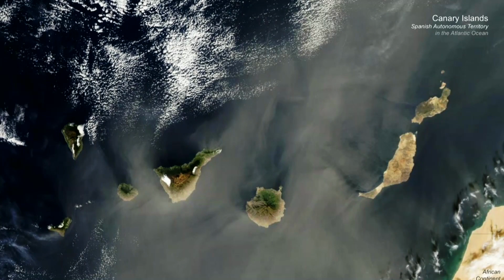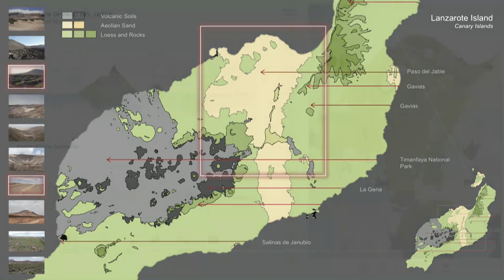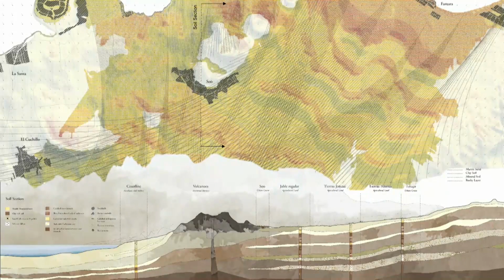And now, in our site visit and interviews, we found that there was one island in particular that this was really rampant in, which is the island of Lanzarote. Now, it has a diverse range of agricultural landscapes, like the Lajeria vine landscape and the Paso de la Hable sandscape, which you can see in this box here. It's a corridor in which sand moves across the island from the beaches, so it's marine sand moving across with just wind.